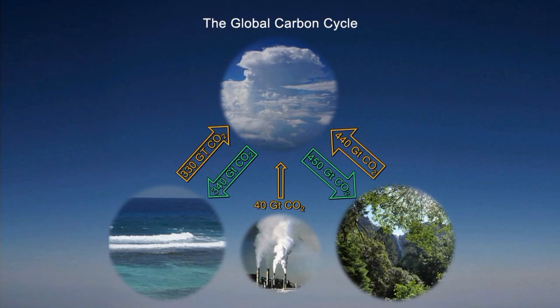This is just a little simplified way to show you how carbon dioxide is moving around, and then I'll tell you a little bit more about why there's something interesting that we don't know yet. So you can see on the top we've got the atmosphere. That's the part of the world we're going to measure. When we burn all our fuel and our gas and our coal, that's where the carbon dioxide goes. But it doesn't just sit there all alone, right? It interacts with other parts of the system. So we've got the oceans over there on the side, and the oceans can actually absorb and dissolve carbon dioxide.